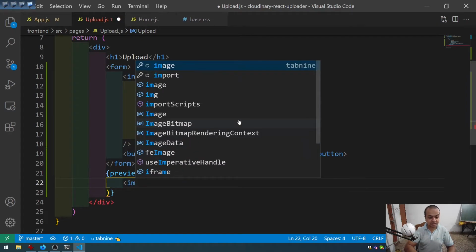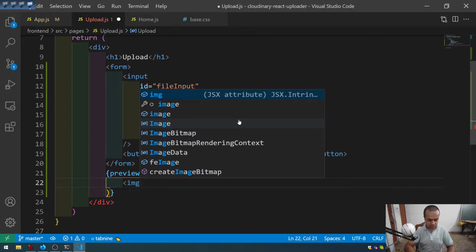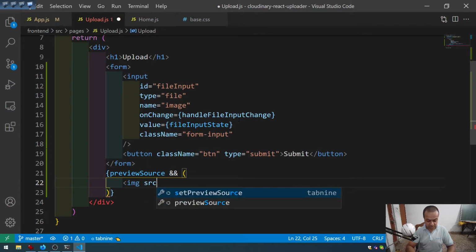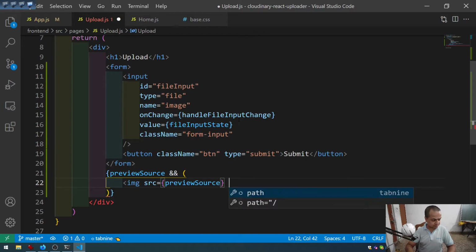Let me write this first, then I will show how we will get this preview source. So src equal to previewSource, alt equal to anything chosen,